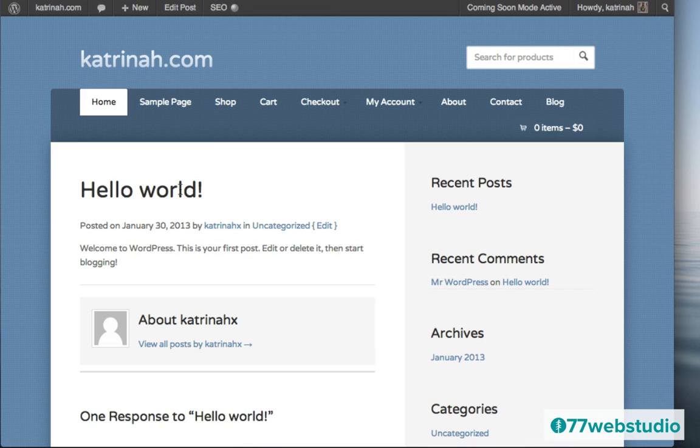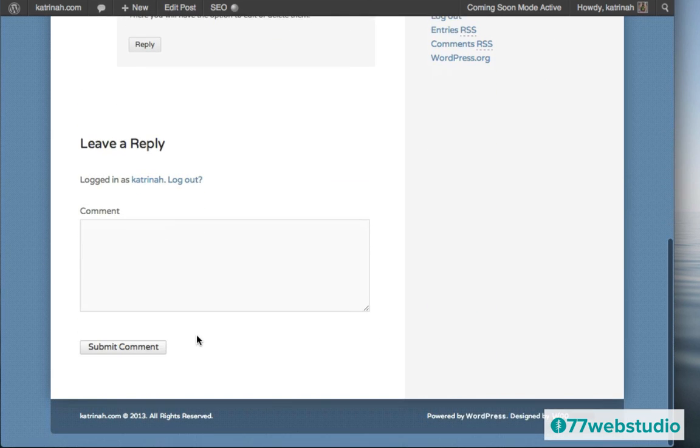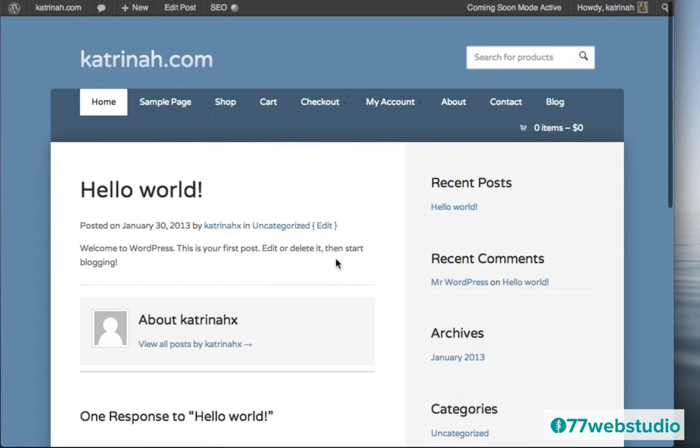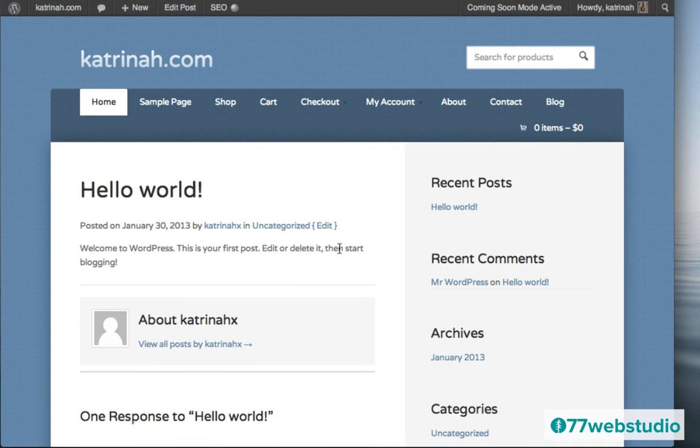So you'll see here's the title, you'll have some data here like when the blog post was published, who published it, and what category it's in. Then you'll have the actual post, and then you'll have an author box description here, and then you can have your comments right below. So this is what the blog post page will look like for a single post. So when you add posts, they will show up on your blog.